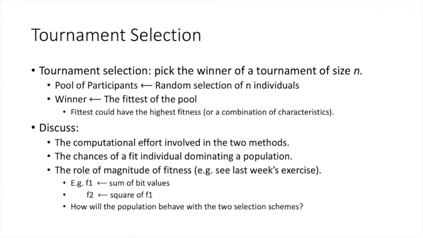By that, I mean that the population will contain a lot of copies of this one individual. Next, if we change the magnitude of the fitness in the fitness function, for example, in the sum of bits problem that we have seen before, if we change the fitness value from the simple sum to now the square of the sum, which selection scheme do you think will be affected and which will not? So think about it,